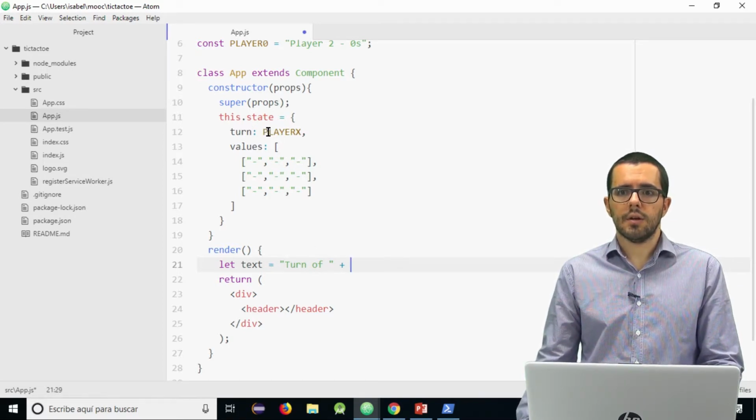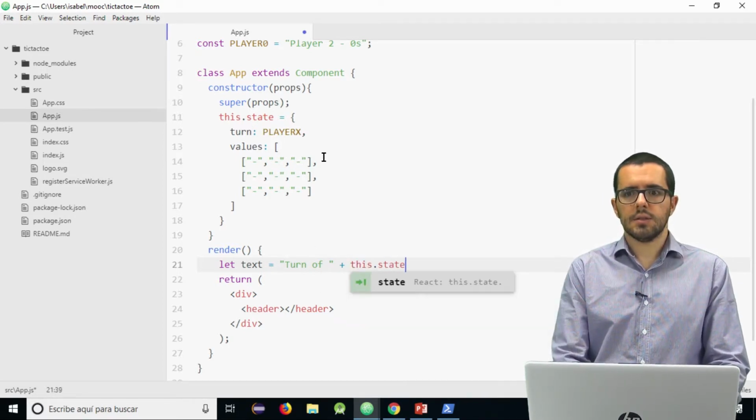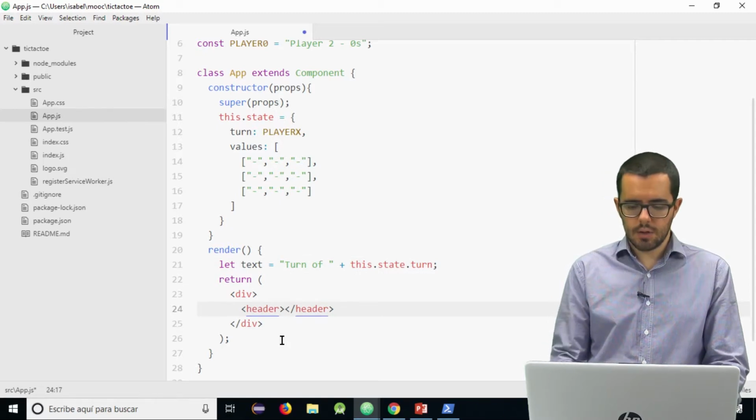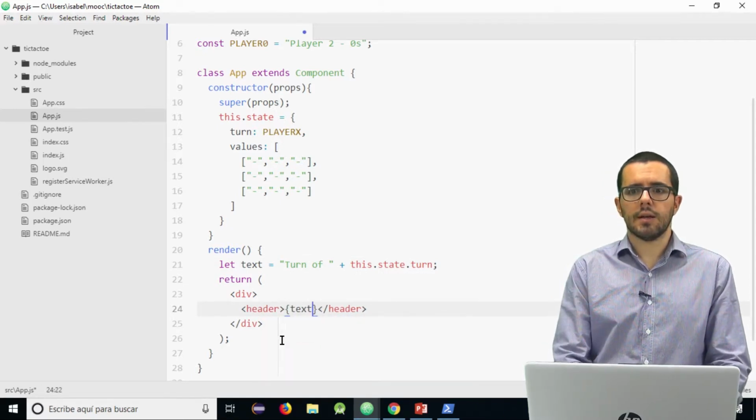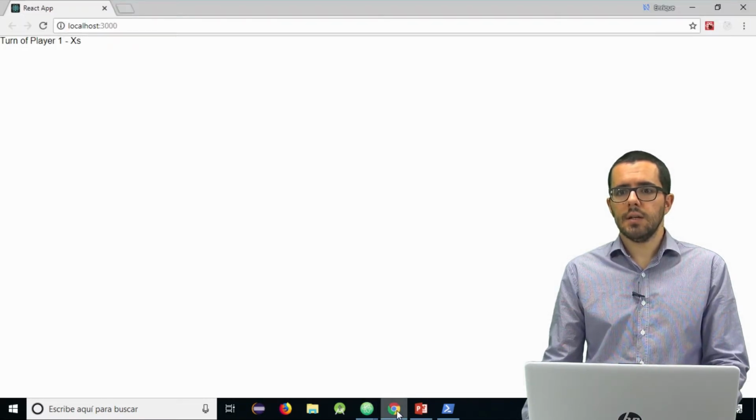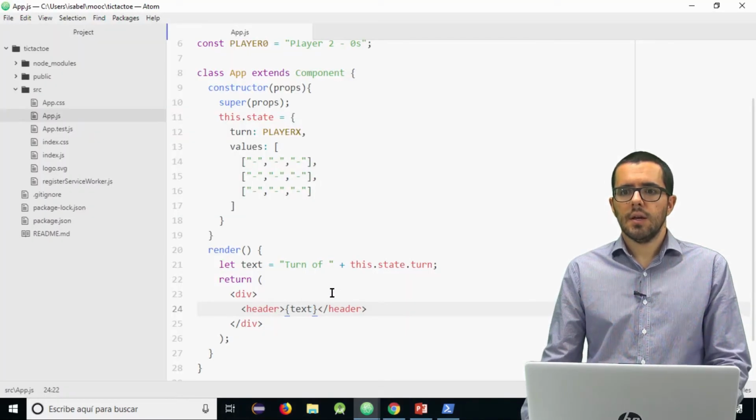The turn here. this.state.turn. So, and how do we introduce this variable into the HTML? Like this, with a JavaScript expression, and we can see that we have that state in my interface.